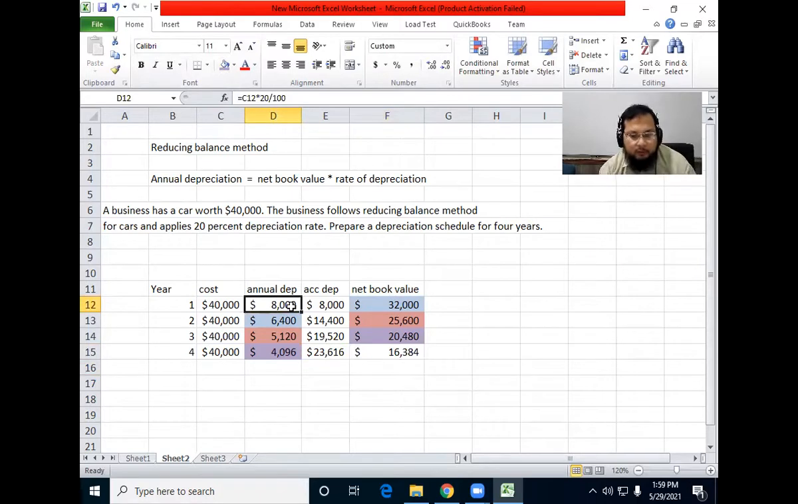So just have a look at this particular column. You must be noticing that your annual depreciation is reducing every year. That is why we call it the reducing balance method, because we keep on reducing our net book value. We keep on charging the rate of depreciation on that reduced net book value, and we keep on calculating the annual depreciation. So dear students, just repeat these calculations again and again in order to have a better understanding of depreciation,